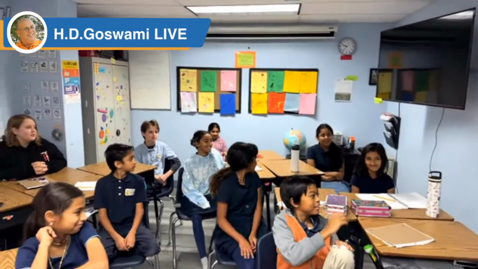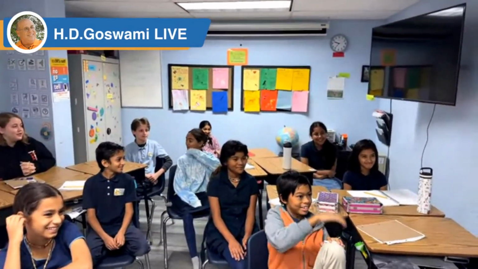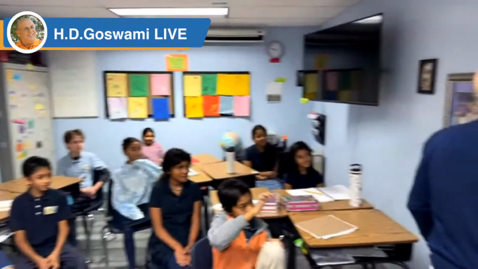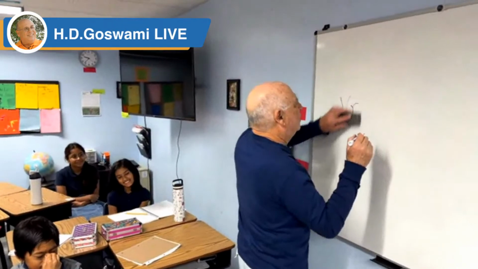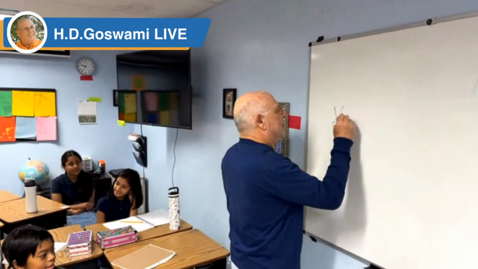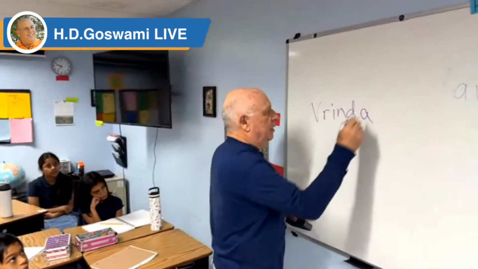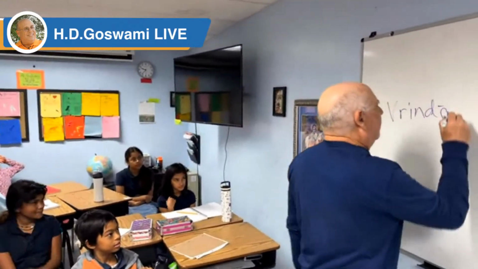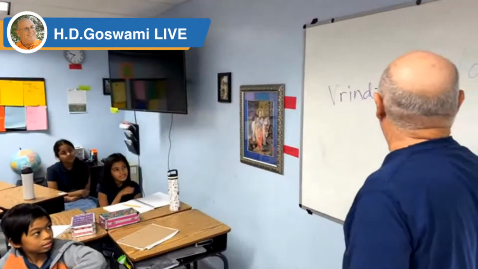Anyone else? Radhe. Oh, that's too easy. Vrindavaneshwari is the other part of India. Okay, we can do Vrindavaneshwari. Vrinda, of course, is Tulsi. And Vana, what does Vana mean? Forest. Very good. So Vrindavana, and